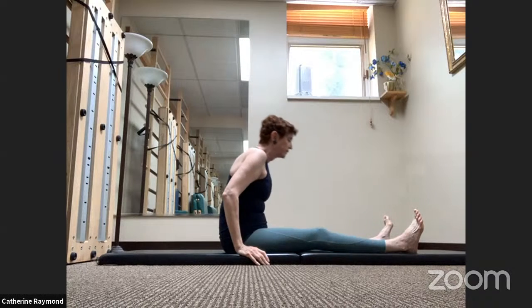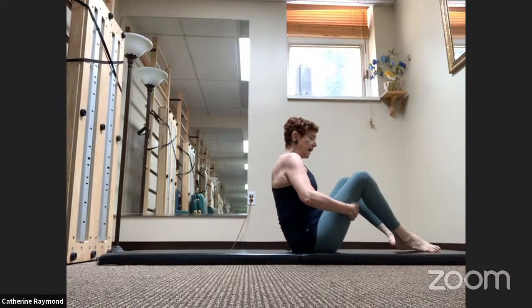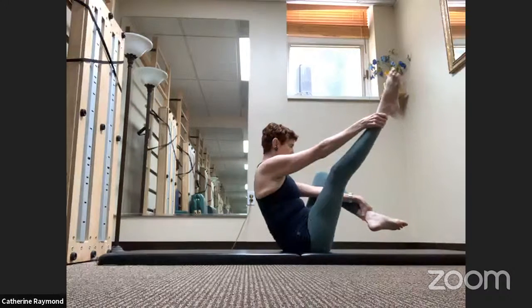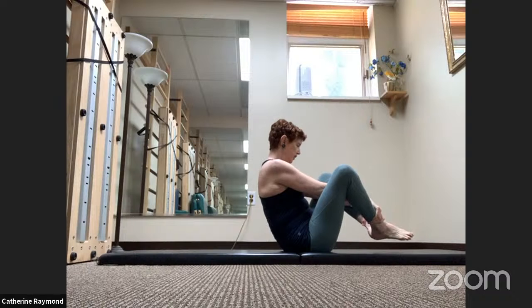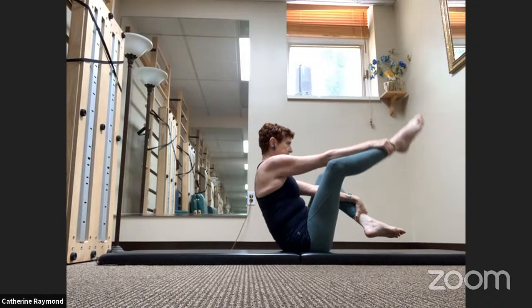And then we can fold the legs in and move forward for open leg balance and rocker. You can hold behind the thighs or hold at the ankles. Lift your feet, balance back on your sacrum. Right leg goes up, whatever the hand position is, and then pull the heel down, connect your heels, and then take the left leg up, reach it high, and then pull that back down. Now the right leg rises again,